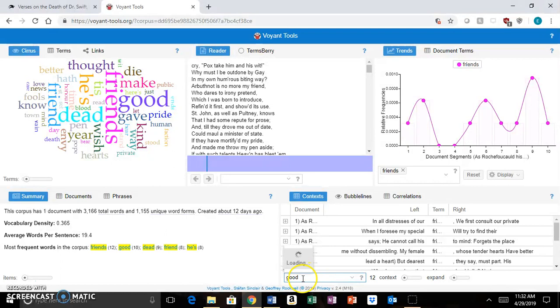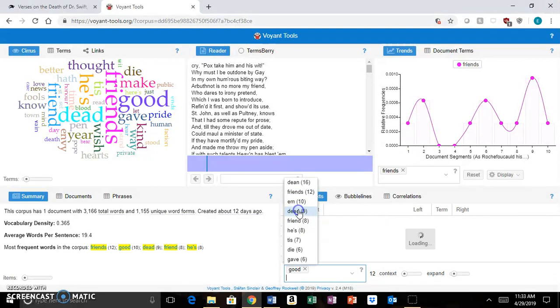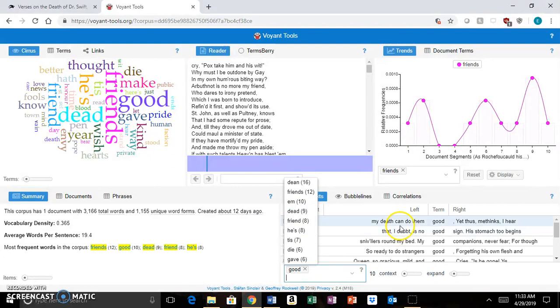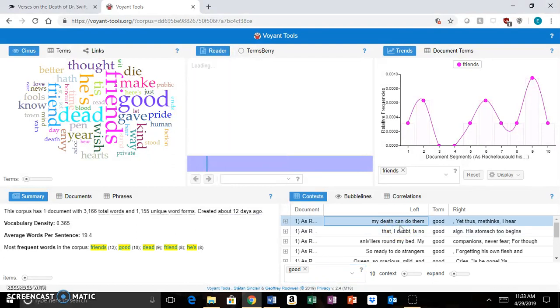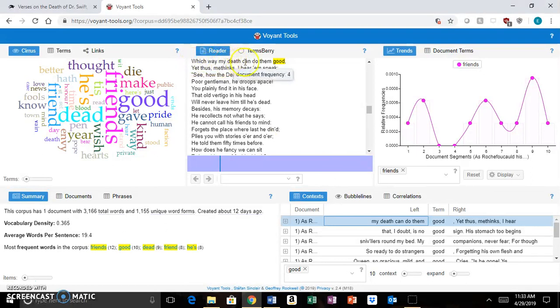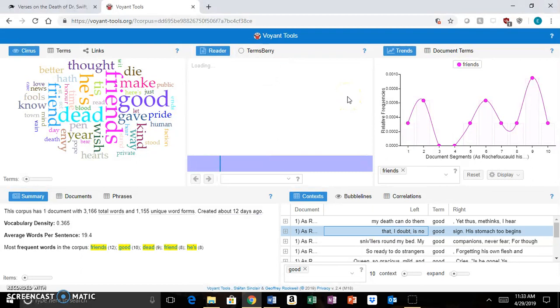about the poem. And of course, it doesn't want to work for me right now. Here we go. So we're going to see how he's using good in what parts of the poem. Which way my death can do them good, for example. I'm going to click on another one. That I doubt is no good sign. His stomach too begins. So it's being a little slow up here, but you can still read the complete context